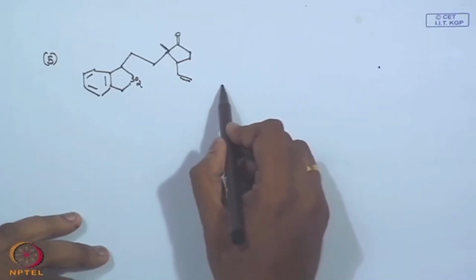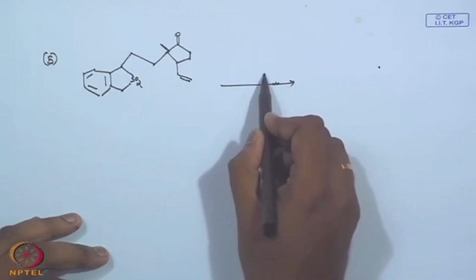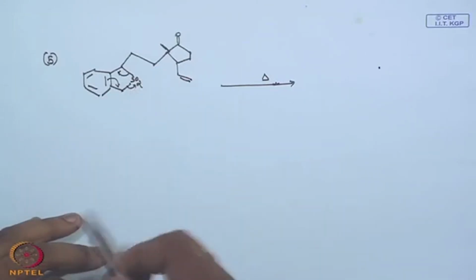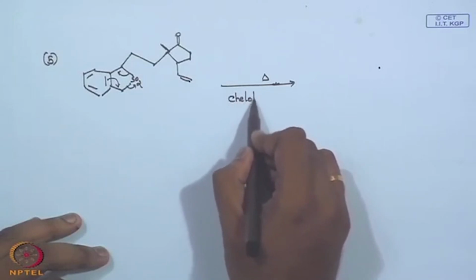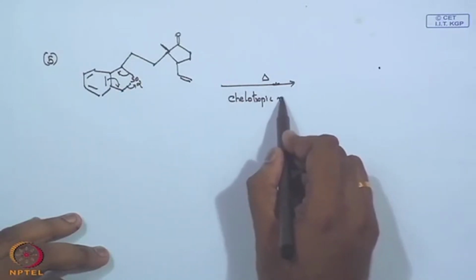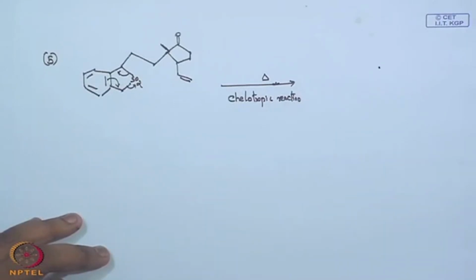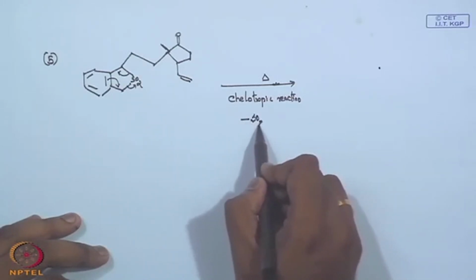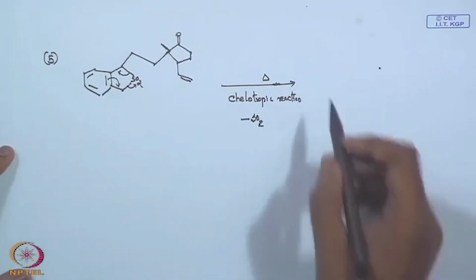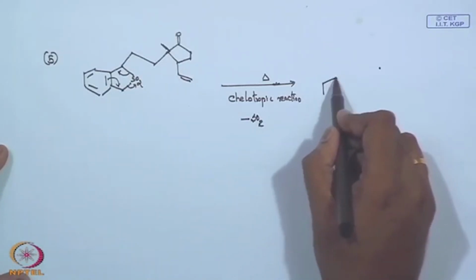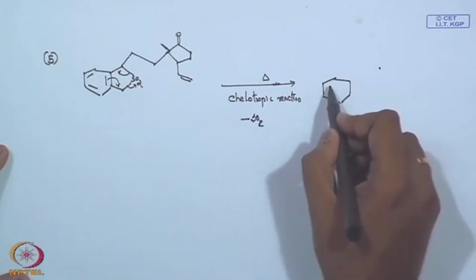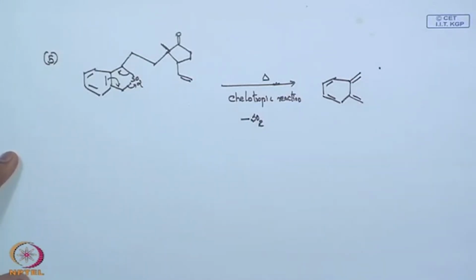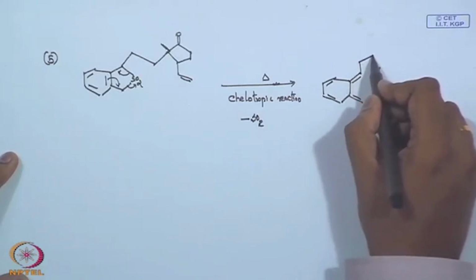Now I say I will heat this. So you know pretty well that it undergoes a nice chelotropic reaction, with an extrusion of your sulfur dioxide. So you get a diene. See, this type of reactions you should